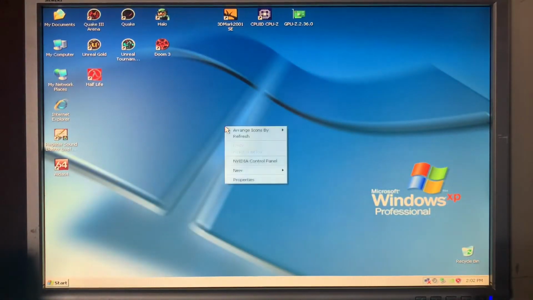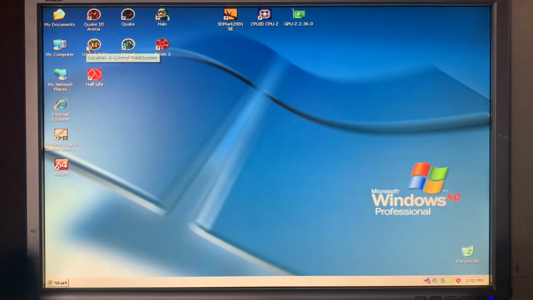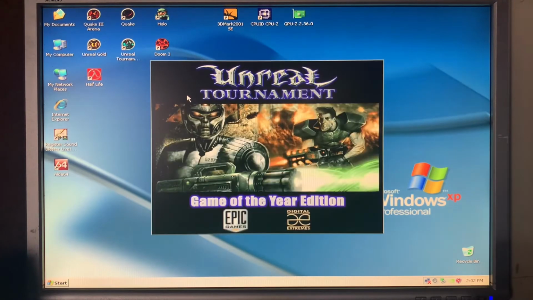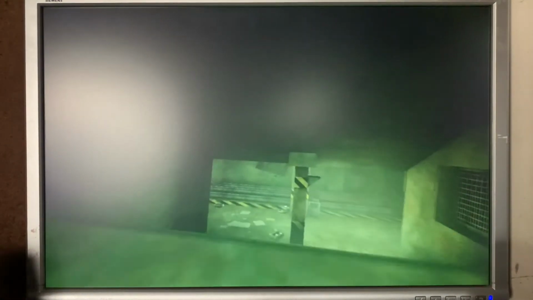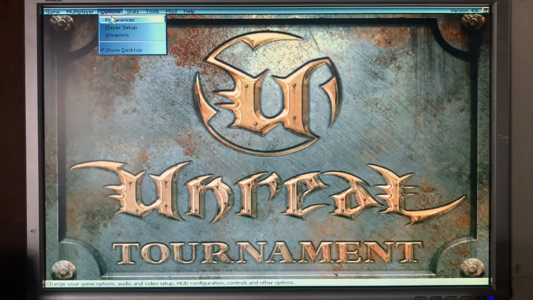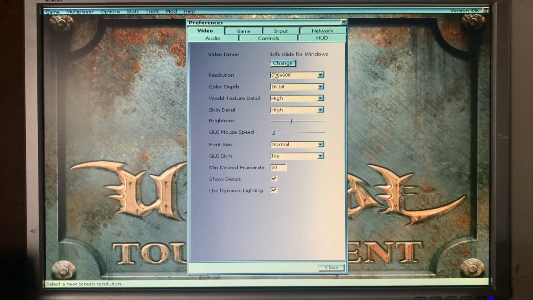Also, you can play the game with an FX card. This one, Unreal Tournament. I remember I was playing this game on Celeron 333 and Voodoo Banshee, and I could barely manage to get about 25 FPS at 640 by 480. So again, for the details,